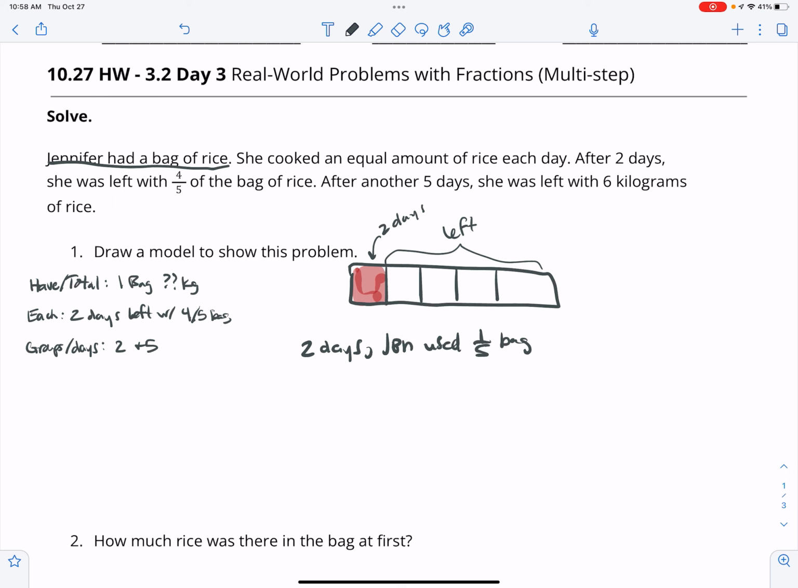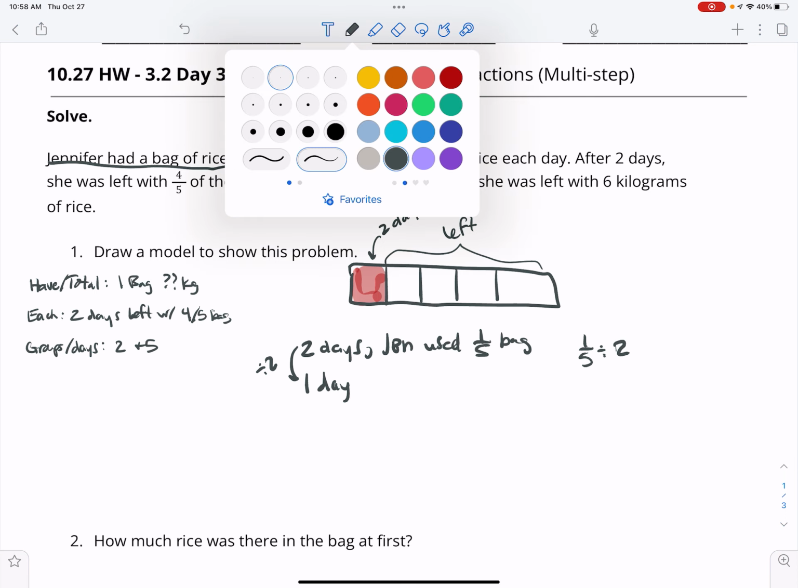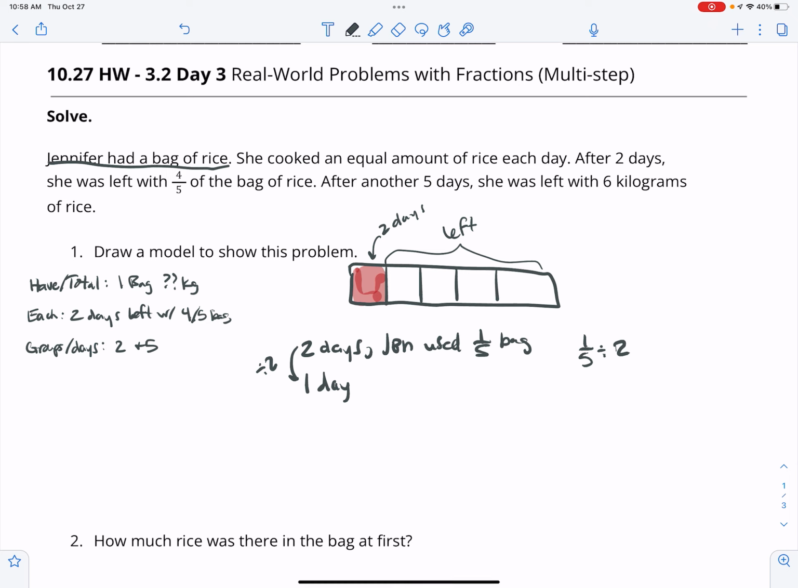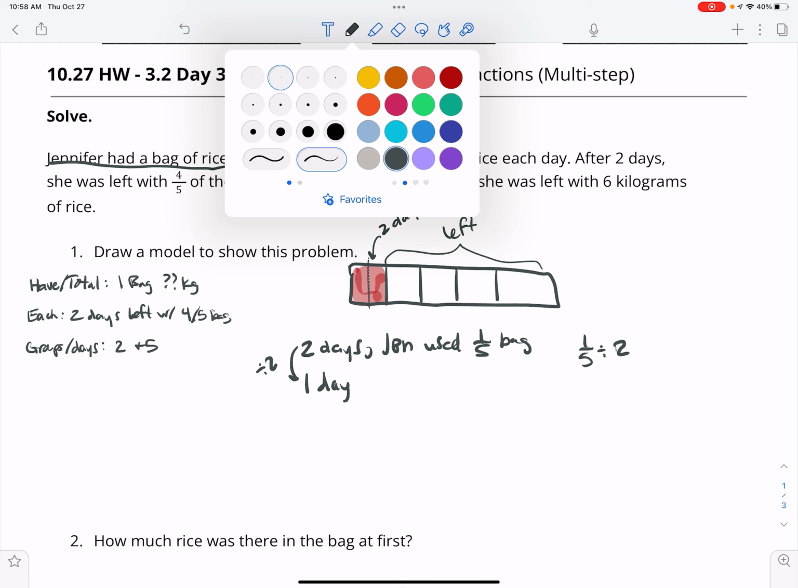So let's see if we can figure out, based on 2 days, how much is used for 1 day. And so we know this is a half of the amount of time. So we need to take 1/5 and divide it by 2, because we want to figure out if we had that over 2 days, what would we get? And we could show this on our bar model by breaking this up. If there's 2 days inside of this one, each one of those days is going to have used